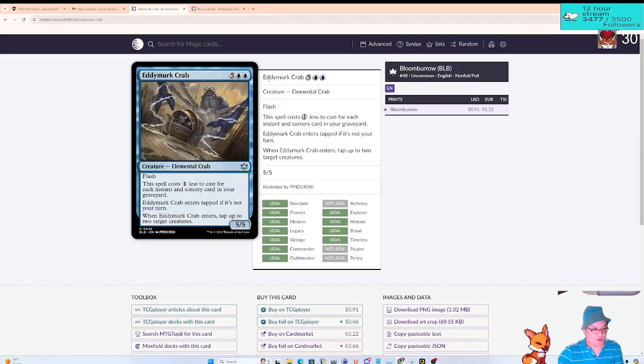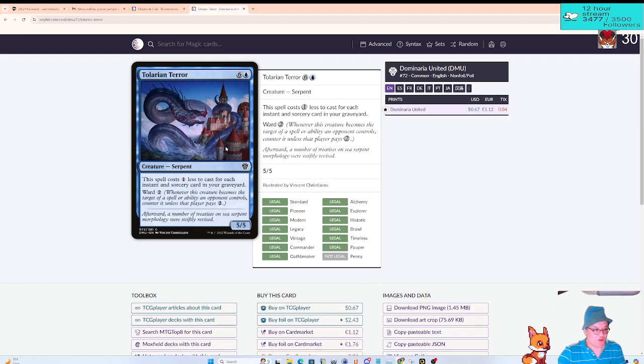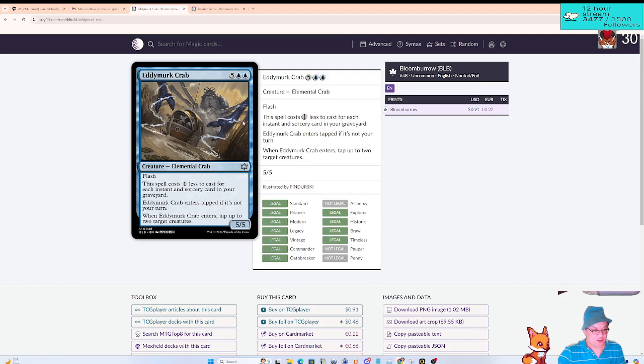mechanic. So Eddie Crab, 5 and 2 blue, creature, Elemental Crab, flash. This spell costs 1 less to cast for each instant and sorcery card in your graveyard. Eddie Crab enters tapped if it's not your turn. When Eddie Crab enters, tap up to 2 target creatures. This feels like Tolarian Terror, kinda. It's not quite the same card. Tolarian Terror had Ward 2. This has Flash. It can't actually eat anything, and that is a good distinction to make,